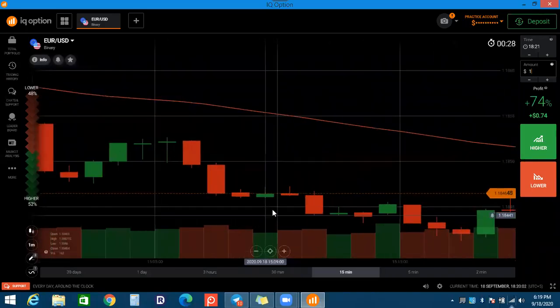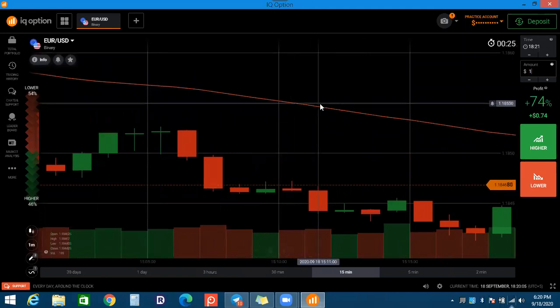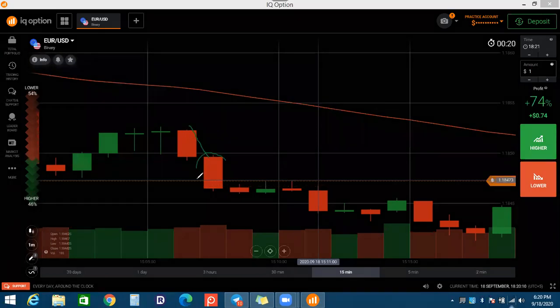If we are here, look at what the conditions are saying. We are coming from the downtrend, a strong bearish candle with high volume. It's validating that you can continue. Again, we found a very weak candle here from the seller side. What is it suggesting? It's suggesting that we are getting weak here.